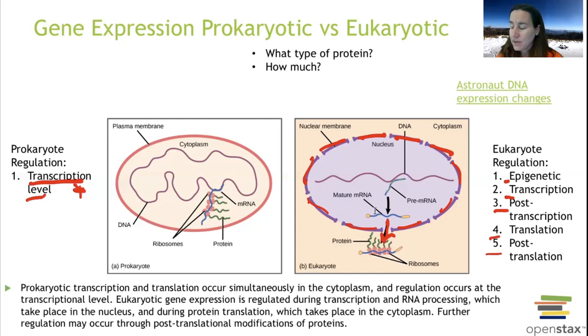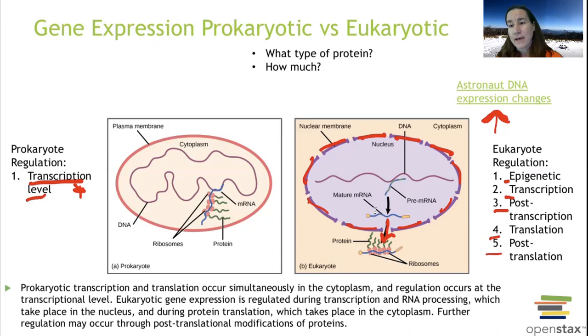A neat video that came out last year, the year before, was this one on the astronauts. It is two twins, and I can't remember their names. I think one of them's name is Scott. One of them spent almost a year at the International Space Station, and the other twin, who's also an astronaut, they are identical twins, stayed here on Earth.